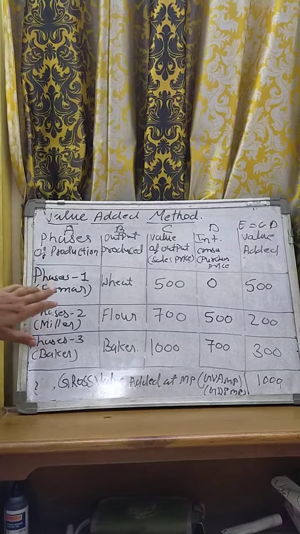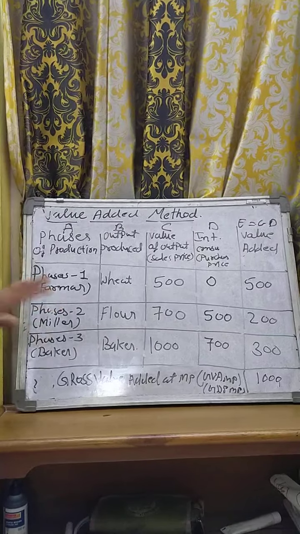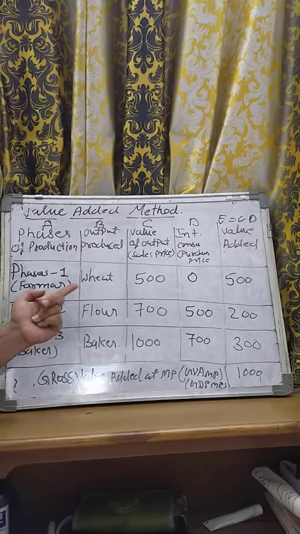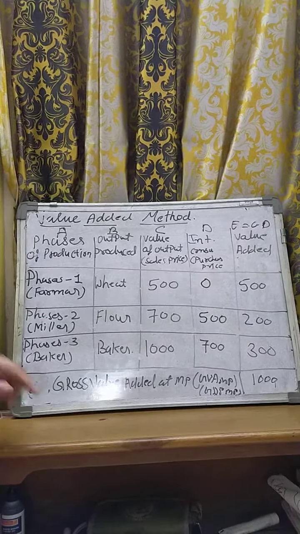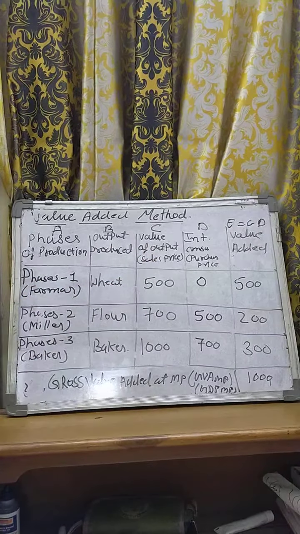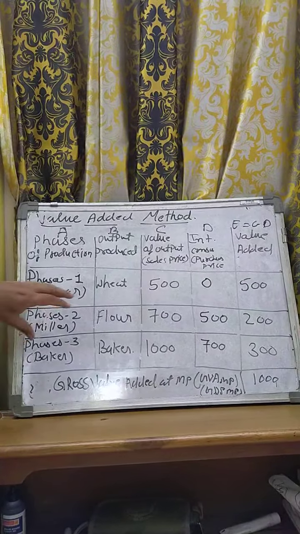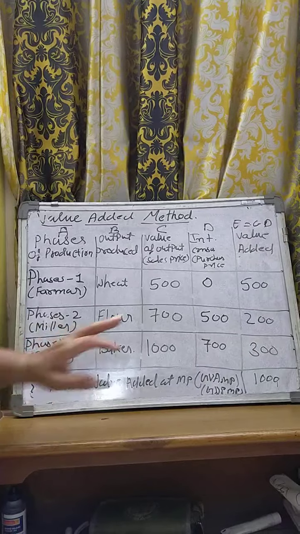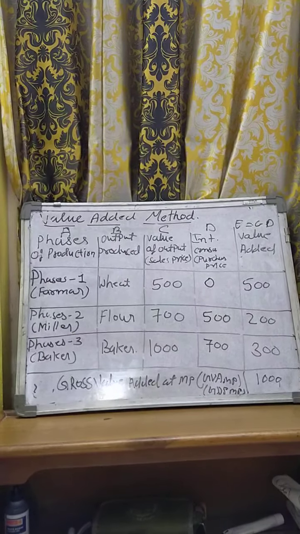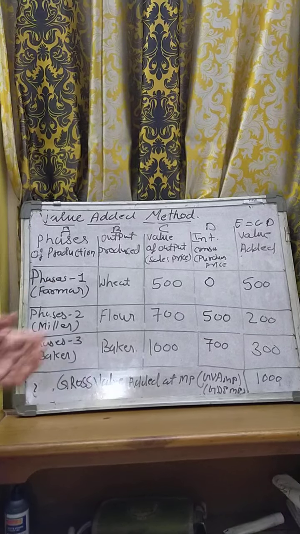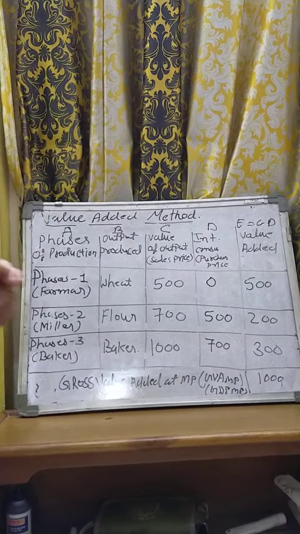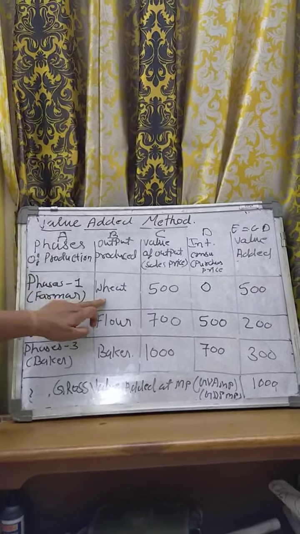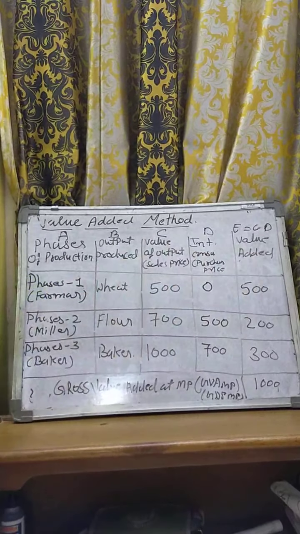Phase 1 has a farmer. Now the farmer's output is, since he is a farmer, he will do farming. So output is wheat. Wheat is the output of the farmer. Third phase, value of output. If we assume that whatever wheat the farmer made, that wheat's selling price is ₹500. And what is the raw material or intermediate goods? We assume that the farmer does not need much intermediate goods. So the value is 0. Fine. So 500 minus 0. So the farmer added, in this phase, the value 500 for this product.